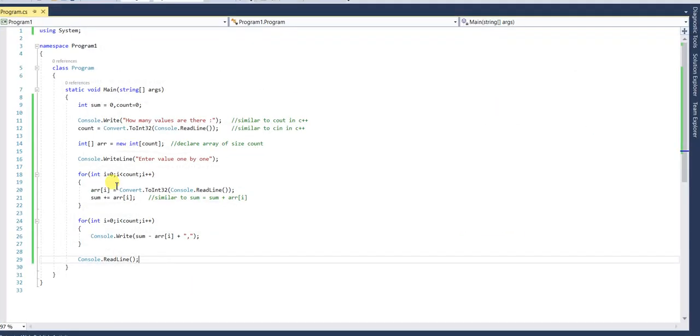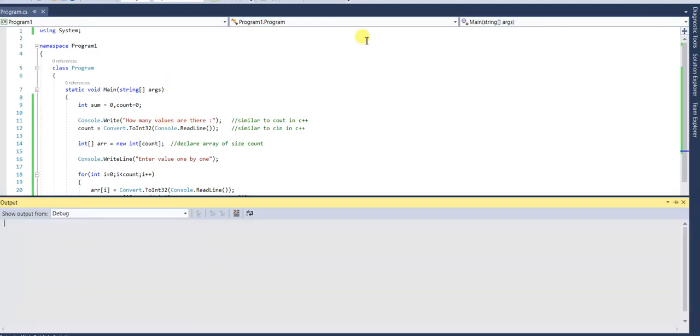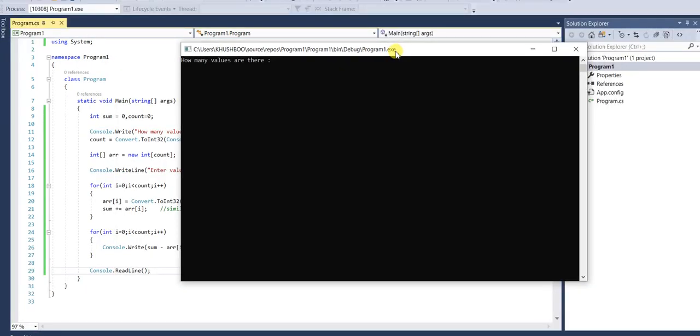Let me show you the output by running the code. It asks how many values there are. Let's suppose we have 4 values: 1, 2, 4, 5.